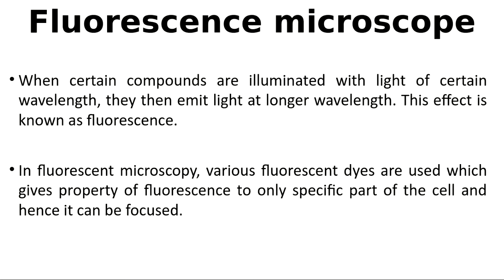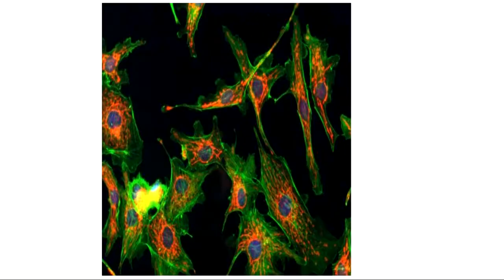dyes. So we may ask in the exam, in fluorescent microscope what do we use? We use fluorescent dyes. If you remember this much, it's more than enough. Why? Because it produces fluorescence. So this is the fluorescent microscope. See, beautifully, the background is black, and the green color is the fluorescence. The cells you are seeing are green, and at the center you will see blue nuclei, right? So this is the fluorescent microscope.